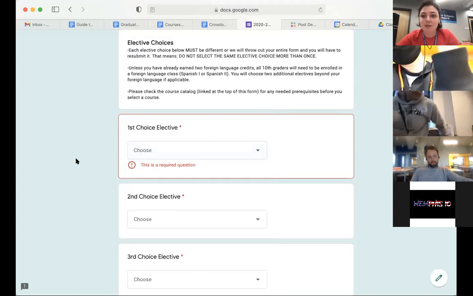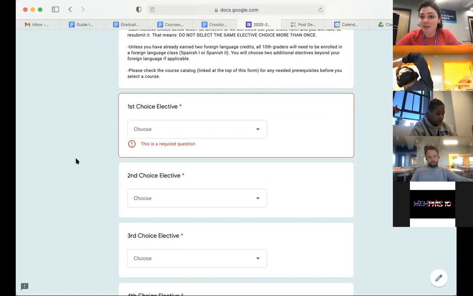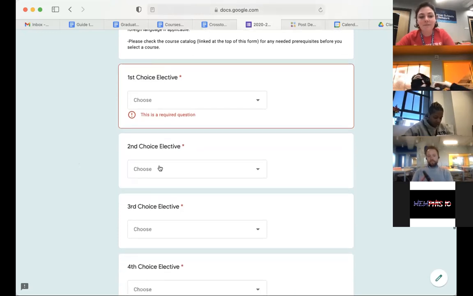We want to go ahead and get those classes underneath your belt so that whenever you get to be a senior and we are looking at whether you can graduate or not, we won't have to worry about what courses you've already taken. So go ahead and get those core classes out of the way, the ones that you are required to take to graduate from high school.